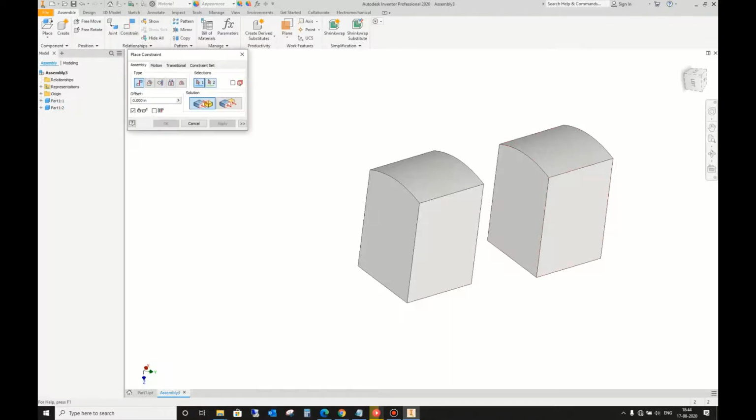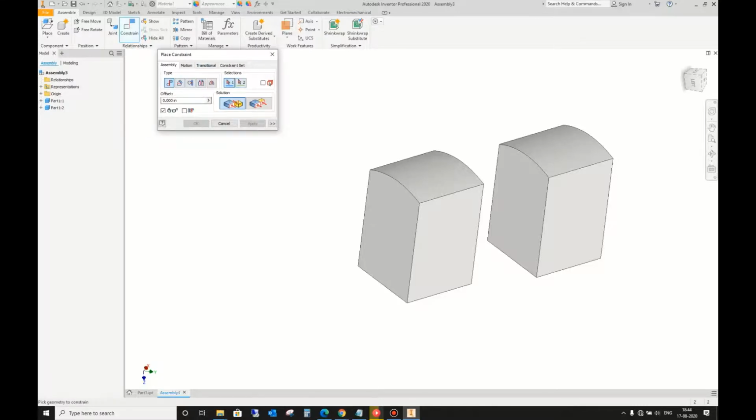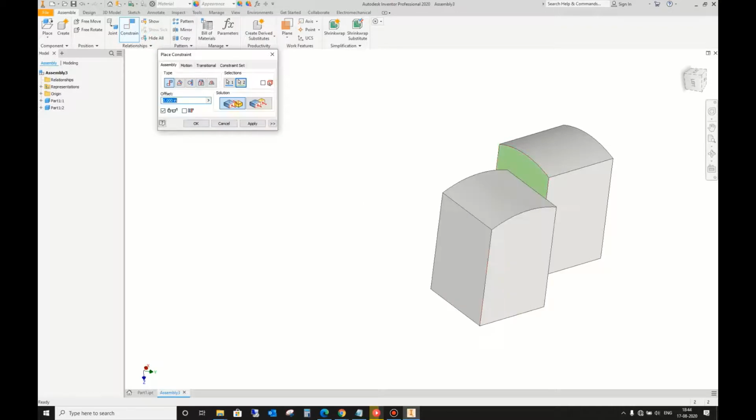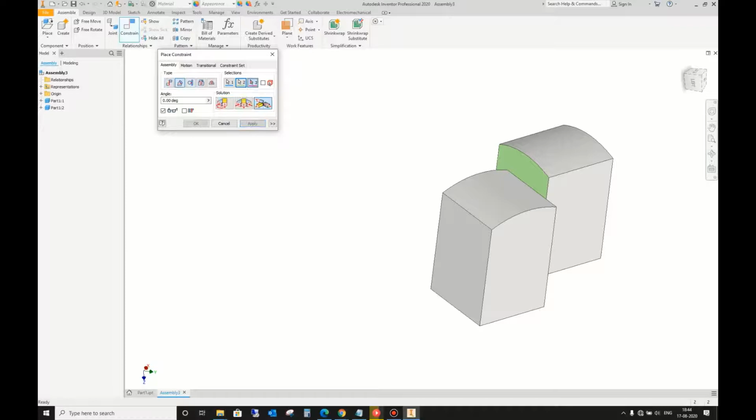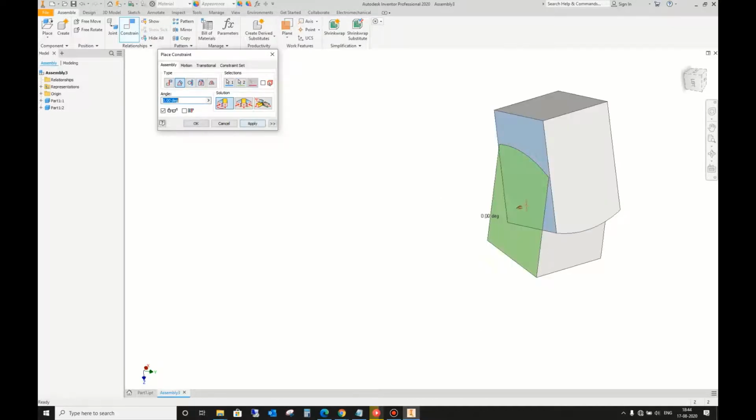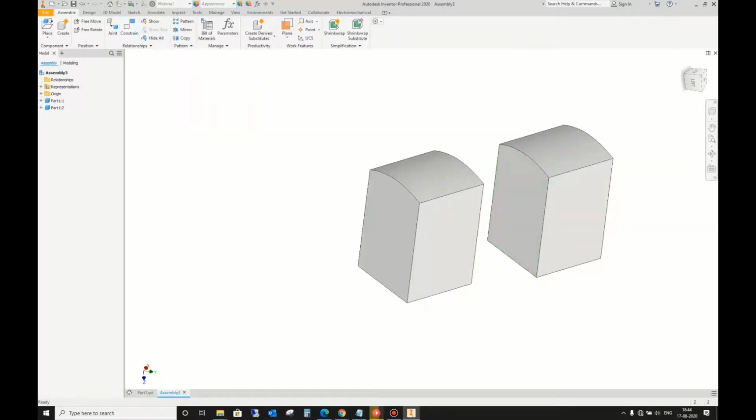Similarly, these are the manual constraint options. These all are manual constraint options. We will see each of them in the next session, and we can use these to bind one component to another. We can flush them, we can mate them, we can give relative angles to them. We can do a lot of things, and we can make those components fixed relative to each other. We have pattern and mirror and copy options similar to those in part modeling. We have hide all and show.